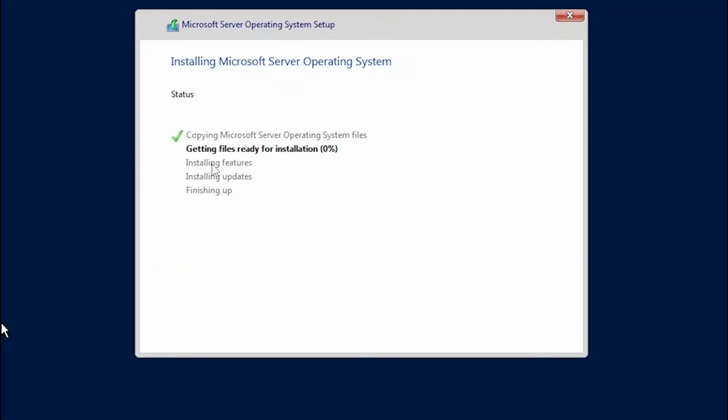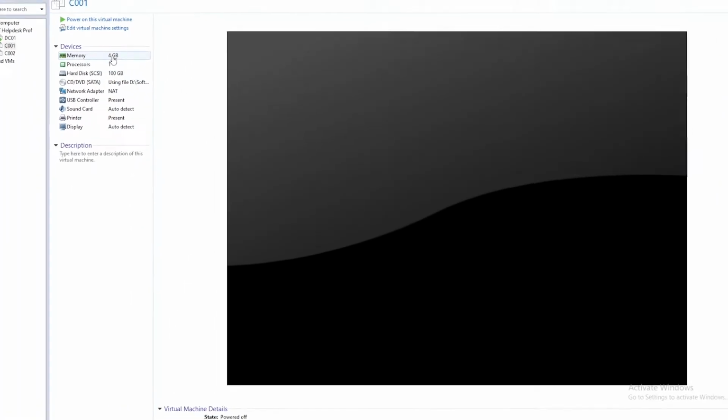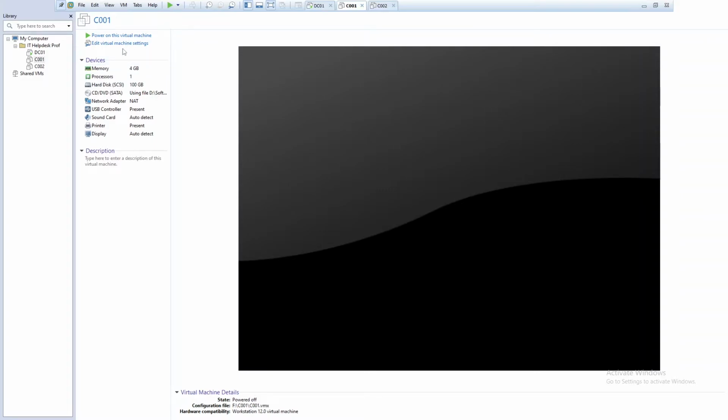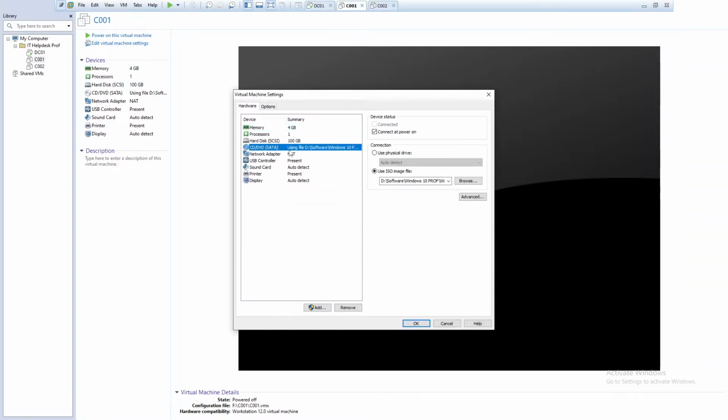So while this is installing, we can go back again to our virtual machine and decide to also do the same for the Windows 10 operating system. So let me go back again to the Windows 10 operating system, and I go to my edit virtual machine settings to make sure that we have